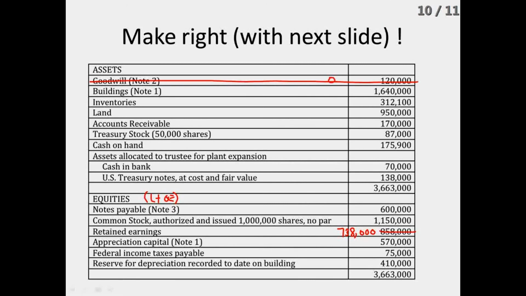Okay, what did they do with that? Well, they just stuck it in this account. So how did they get from the original historical cost to this new number? What they had done was they basically wrote buildings 570 and appreciation capital. So what do we want to do about that? Get rid of it. So we need 1070 here. So we're just going to change this value and completely chuck this line.